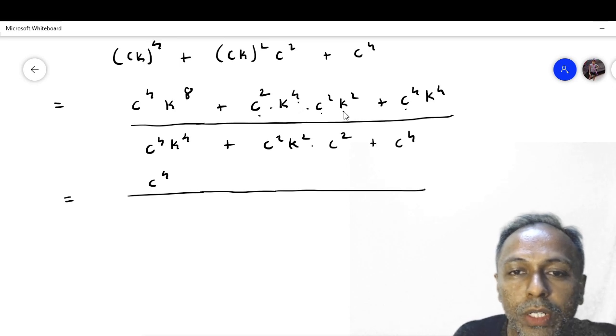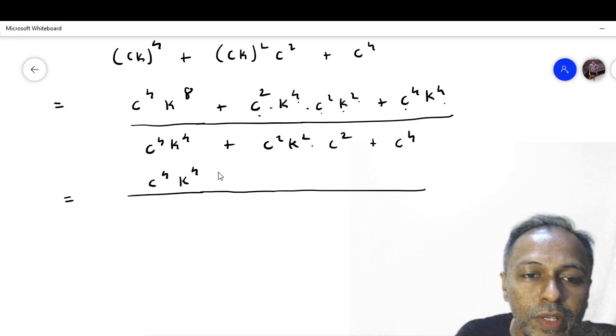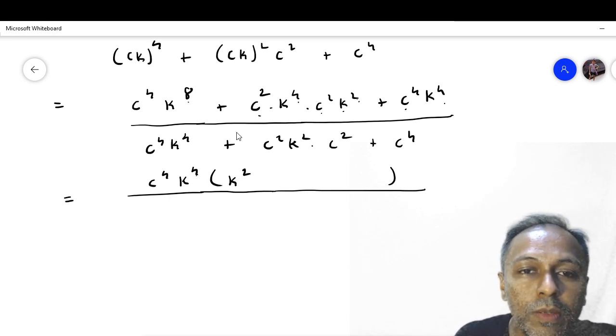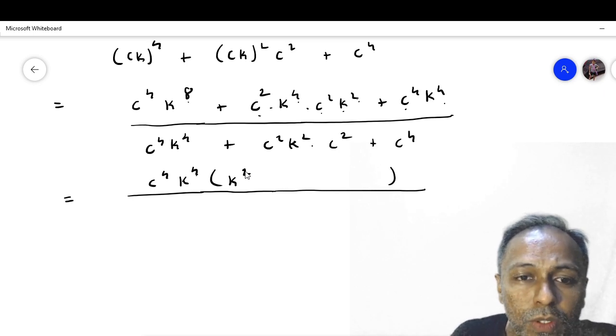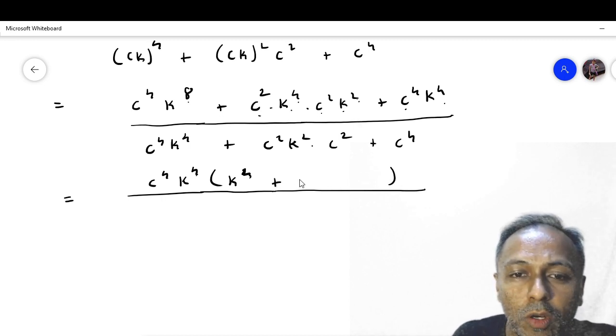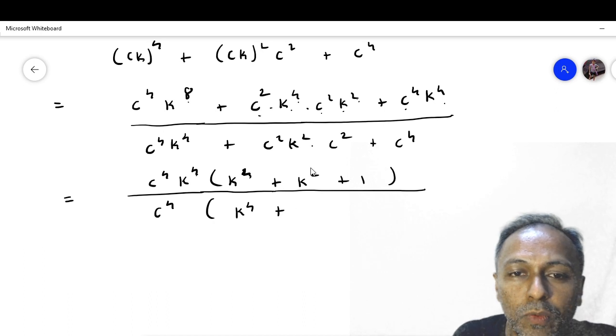And here k raised to 4 into k raised to 2 is k raised to 6. And here you have k raised to 4. So we can take k raised to 4 common. K raised to 8, to make that you will need k square here, because 4 into 2 becomes 8. I'm sorry, this is k raised to 4. 4 plus 4 will become 8 that way. Plus k raised to 4 is clearly common. It will become k square here plus 1 upon c raised to 4 similarly common. We will get k raised to 4 plus k square plus 1. This entire term gets cancelled out.